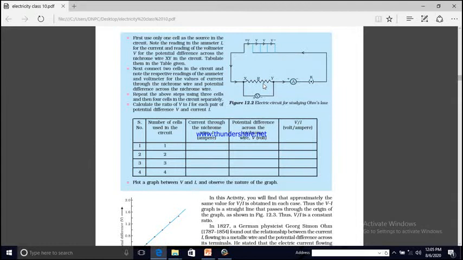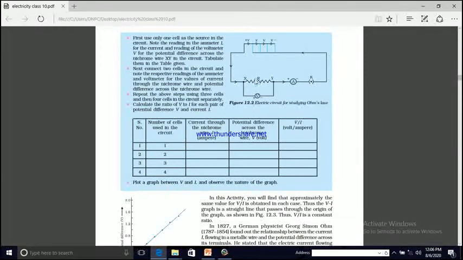Just imagine if your vehicle is moving on a gutter road, so the vehicle will not be able to move properly, just as if it is moving through a national highway. Here we already discussed that electric current is the rate of flow of charges, and that conductors are metals which allow easy flow of electrons.